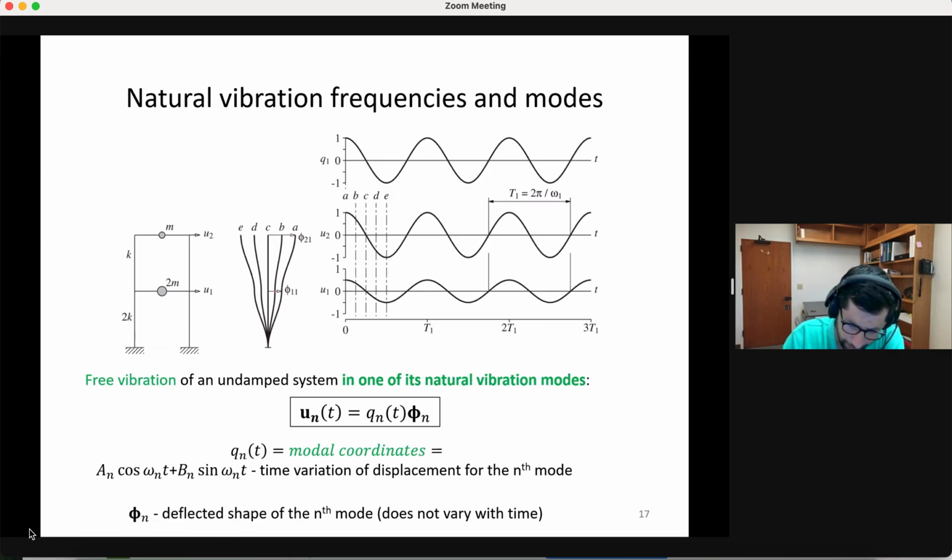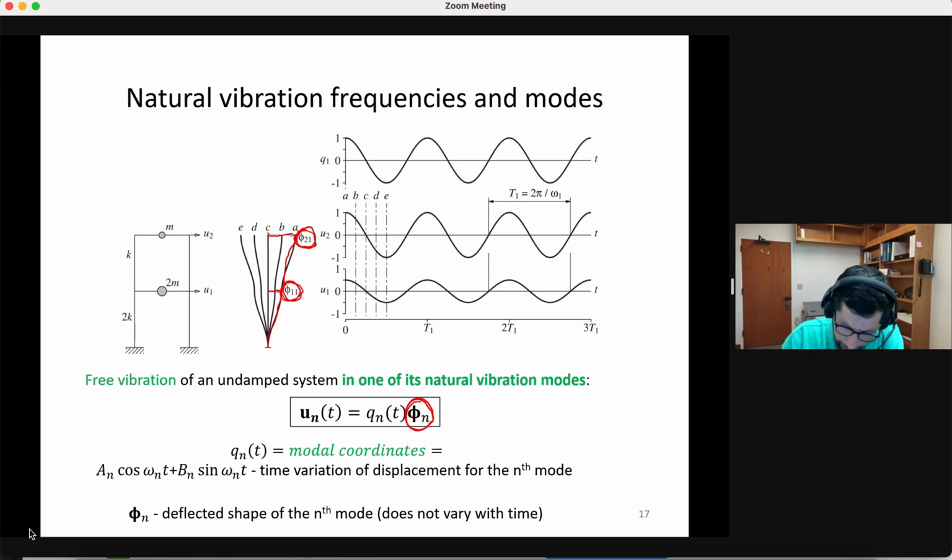Well, I understand that only the shape of the motion is important. So for instance, for level 1, I can find this value of displacement. For level 2, I can find this value of displacement, which is defining the shape of the motion. Only the shape is relevant, because I understand that over time, if I know the amplitude of this shape, if I know the modal displacement at level 1 and the modal displacement at level 2 for mode 1, and if I can write these two in a vector, which is here,